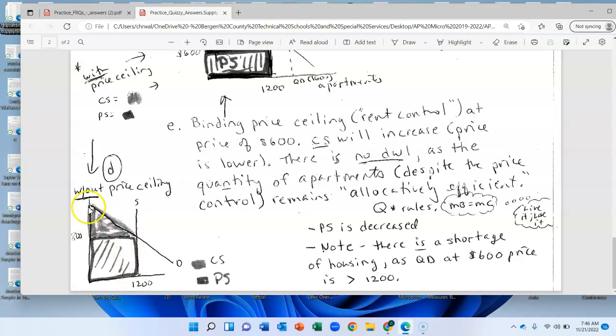Your consumer surplus is the shaded region. Sometimes you are asked to shade consumer surplus. Sometimes you are asked to calculate it in dollars. If you have to do that, use the area of a triangle, 1/2 times base times height. If you're given numbers, you can actually calculate that, and it's in dollars. But in this case, you're asked to shade it, so that would be consumer surplus right here, this shaded triangle. Producer surplus typically can be a triangle or even a trapezoid. In this case, you have an entire square. So you're looking at everything that producers